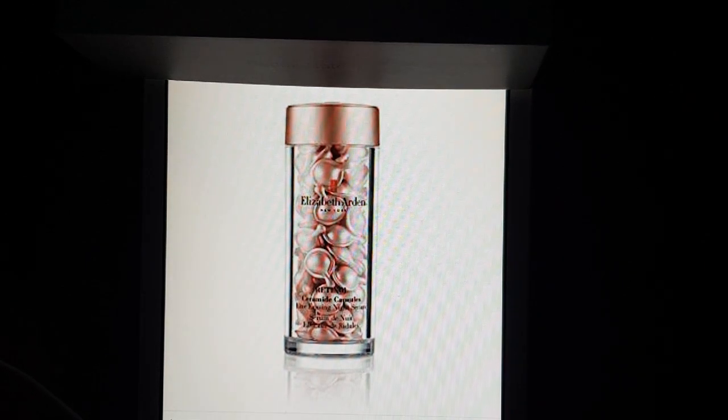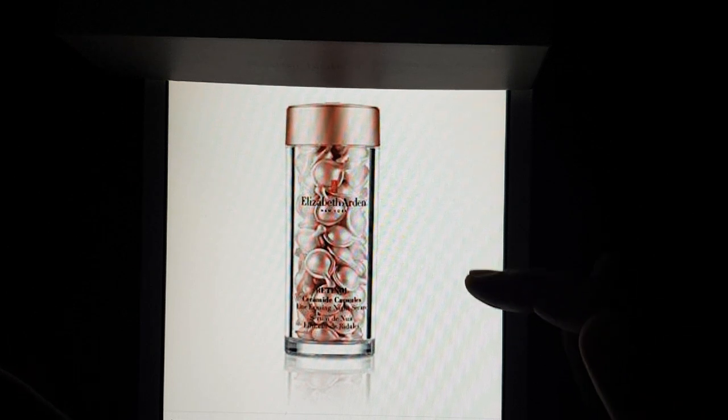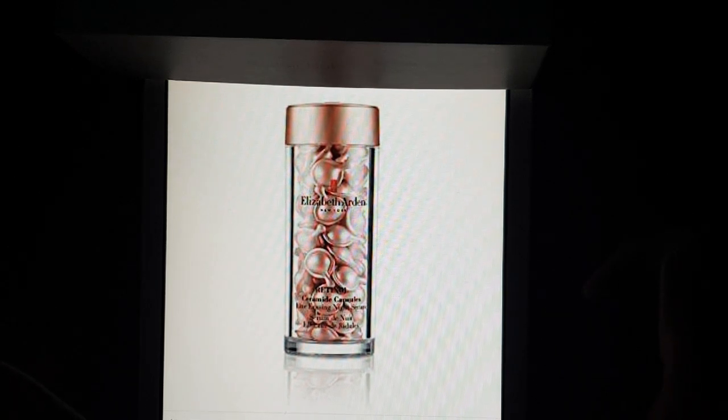The contents have to be poured into your palm and then applied on your face. This is an example of how capsule technology is used in personal care. Since each capsule is opened just before application, the freshness of the actives, Retin-A and ceramide, is ensured.